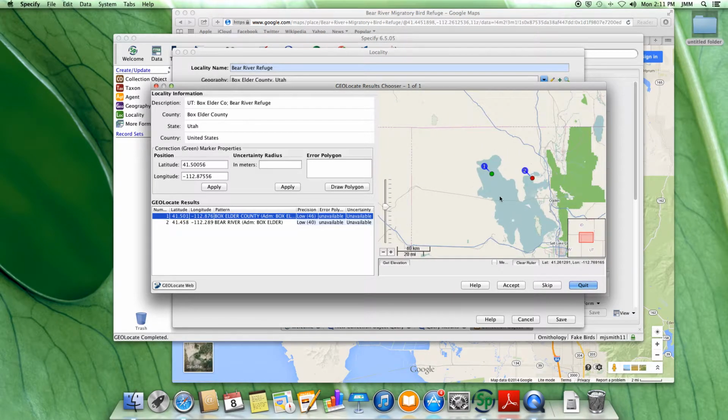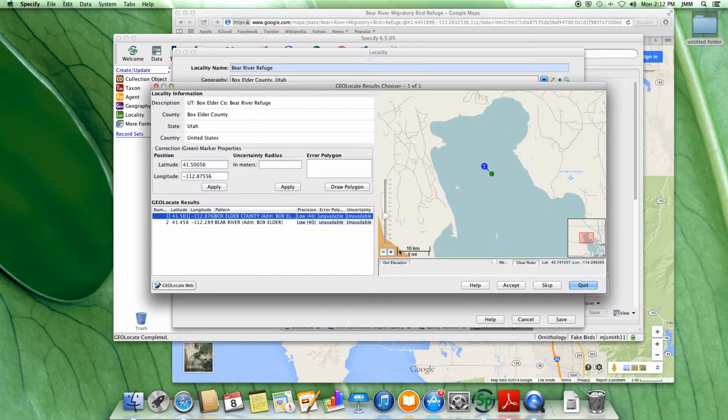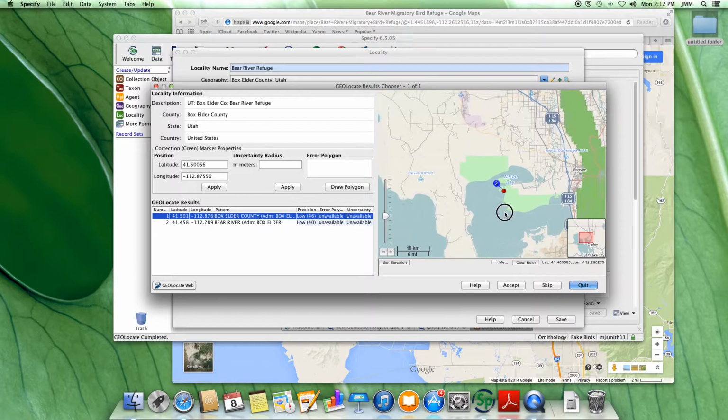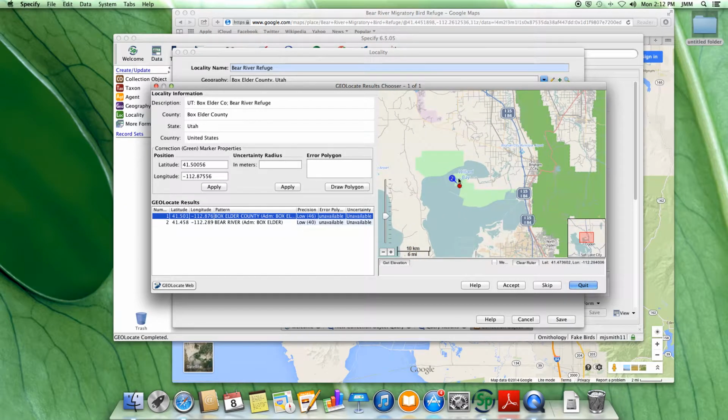Okay, so here's the map, and it has two different options for us. Number 1 here says it's Box Elder County, and number 2 here says it's Bear River. Well, that sounds like Bear River Refuge. So let's zoom in to see what we have. Number 1 seems like it's in the middle of water, so probably not what we want. Number 2 here is in a green area, and that suggests to me that that's probably a refuge or a